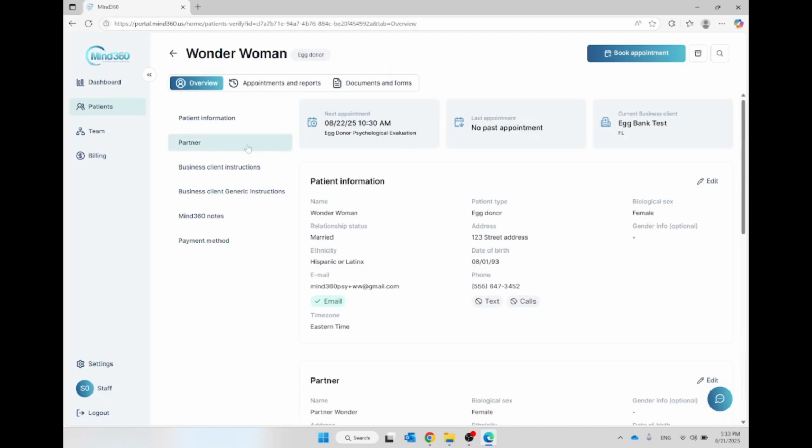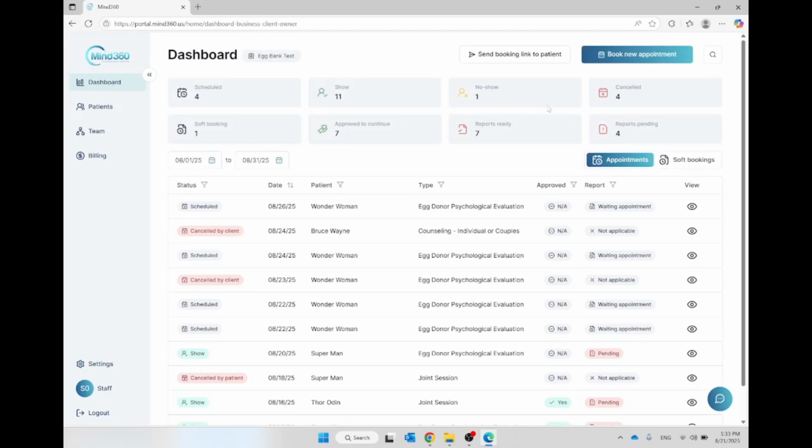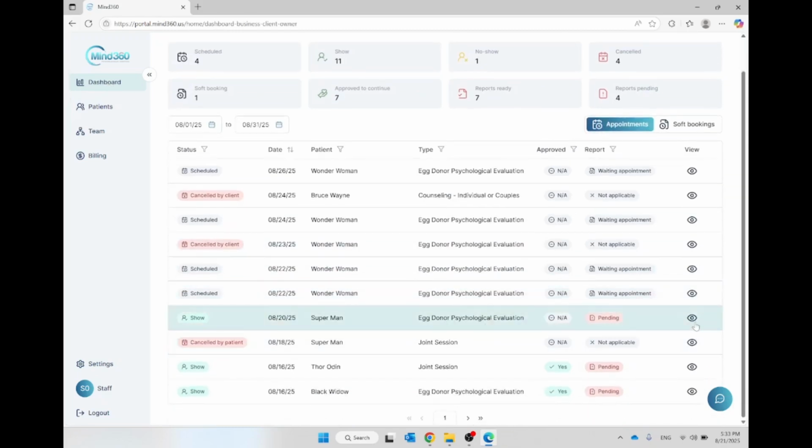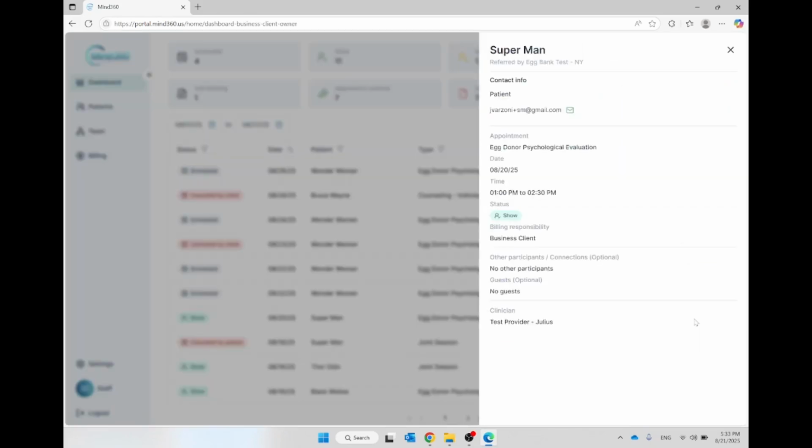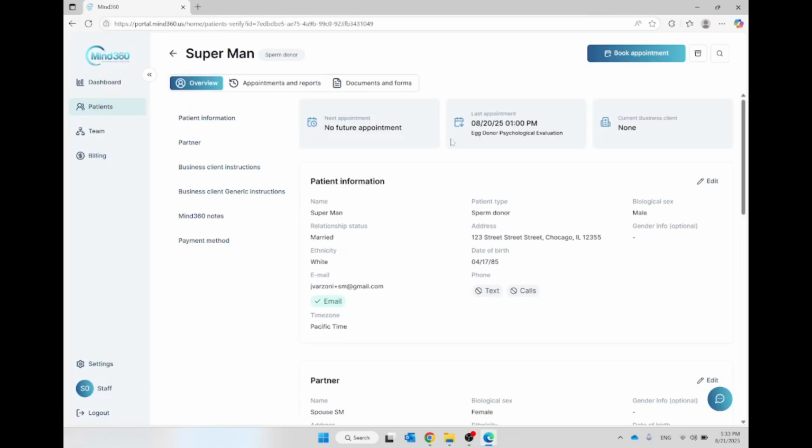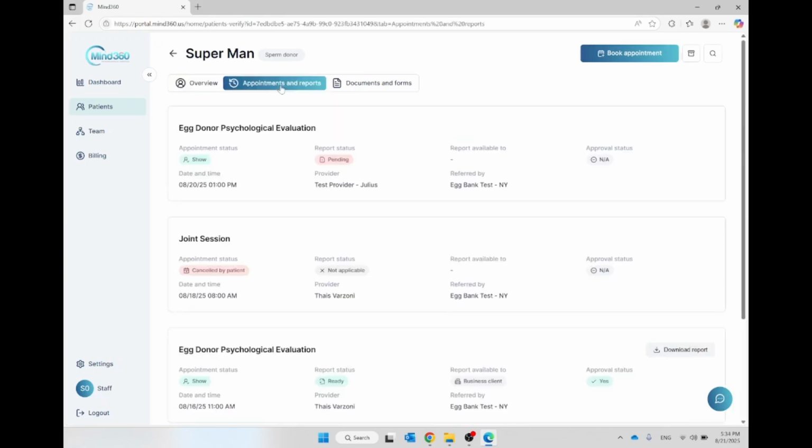And before I let you go, I want to show one more way that you can get to this page. So if you are on your dashboard and you don't want to search the patient because she's right here in front of you, if you click the I for that particular appointment, you can also just click the name of that patient and it goes straight to that patient profile also. So that's another way to get there. So again, there's several ways to get to a patient profile. The easiest one is probably searching for the name, but there's different places that you can click their names also